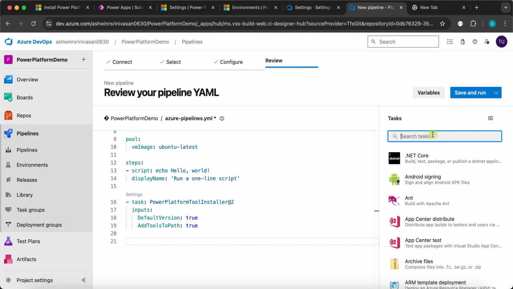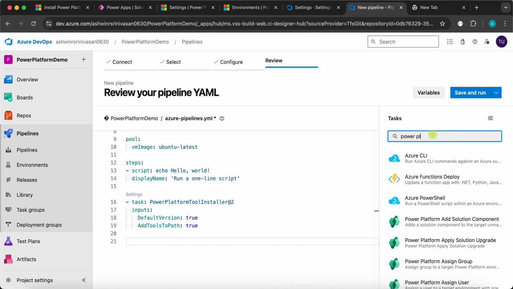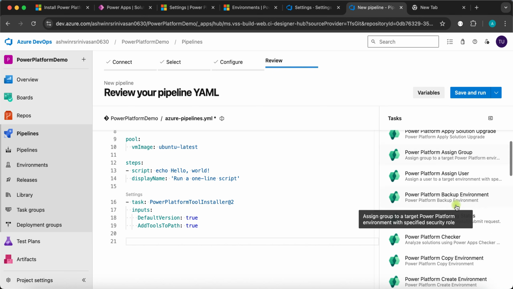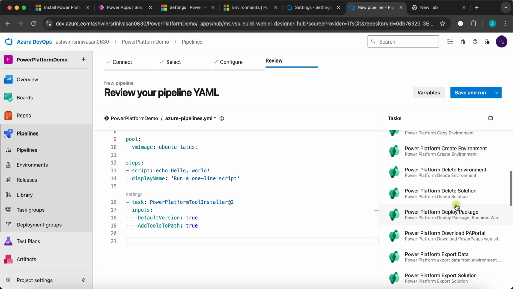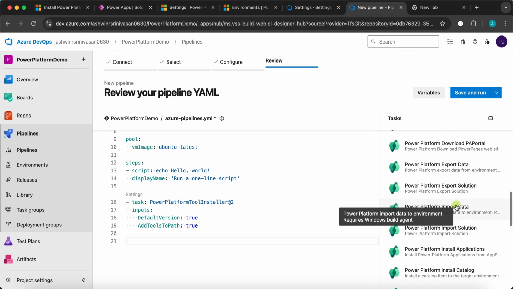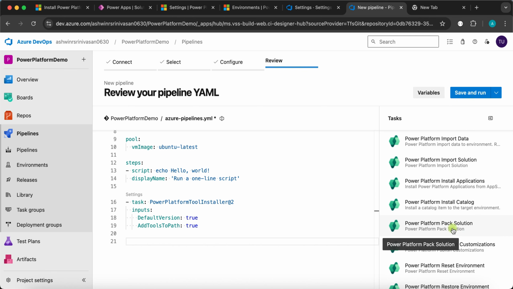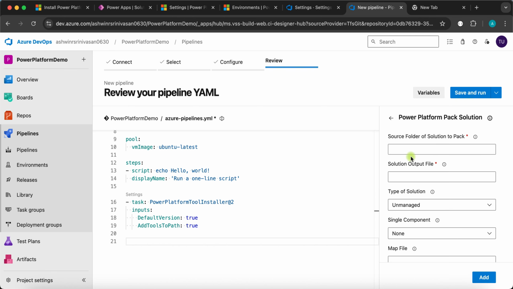Now search for Power Platform again, and this time this will be Pack Solution. See, there you go. This is the Pack Solution. So you have to select the source folder, basically which folder should be selected for packing the solution. So in our case, it's going to be the